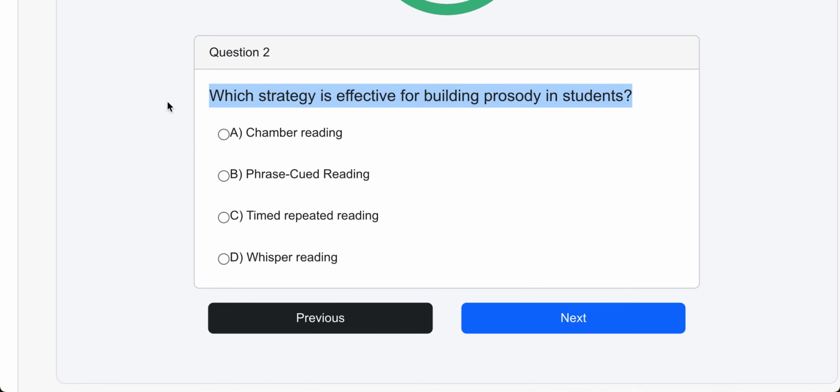Which strategy is effective for building prosody in students? Take a moment to read the answer option. All right, so phrase-cued reading helps students move beyond word-by-word reading to recognize and read phrases with appropriate expression and